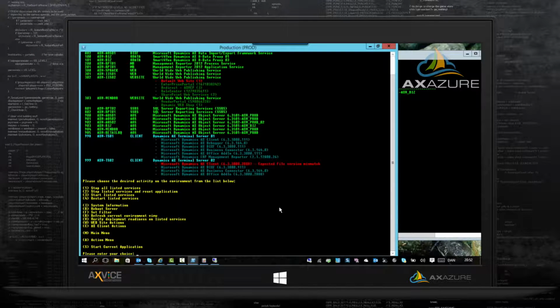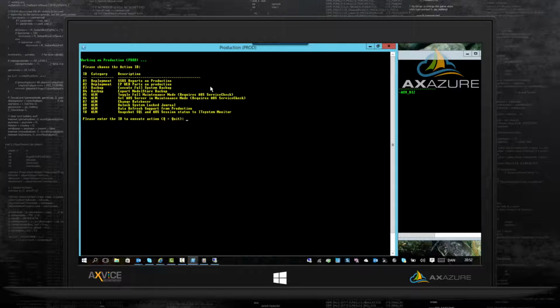But if I go back here, you can actually see up here that my vendor portal is still running, so I can now deploy. So how do I actually deploy? In deployment, I go into the action menu, and I'll return back to the action menu later on, but there's a script where I can say EP web parts deployment.